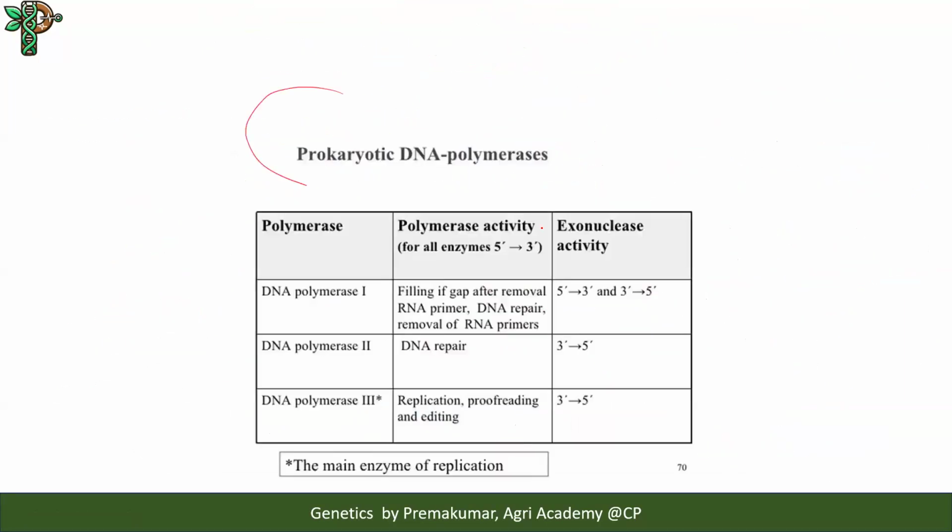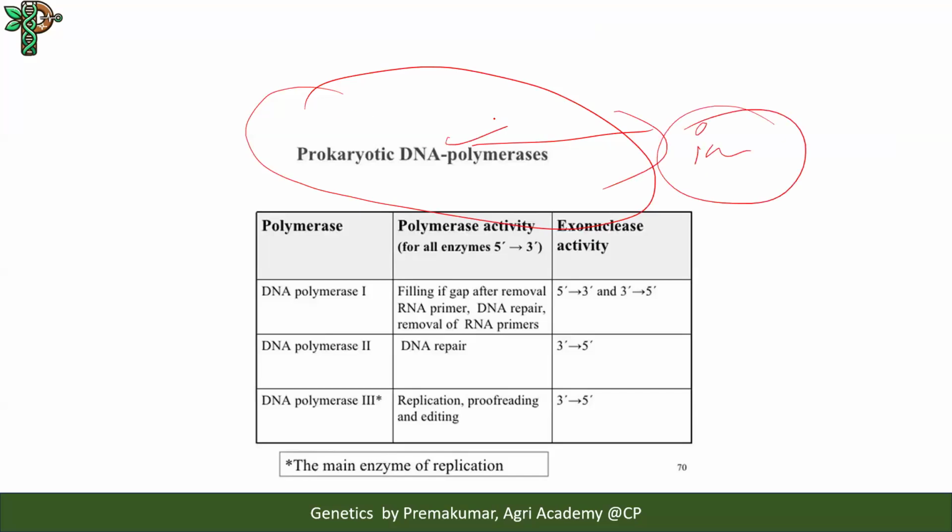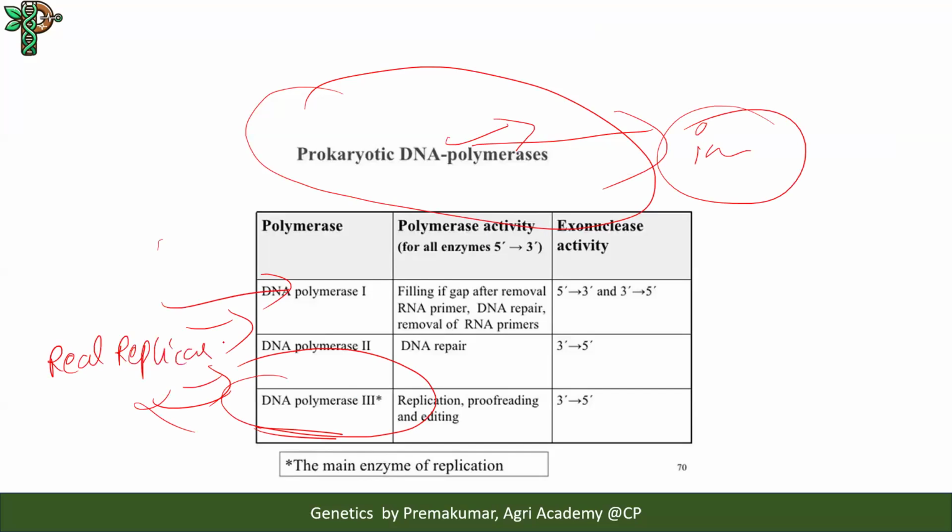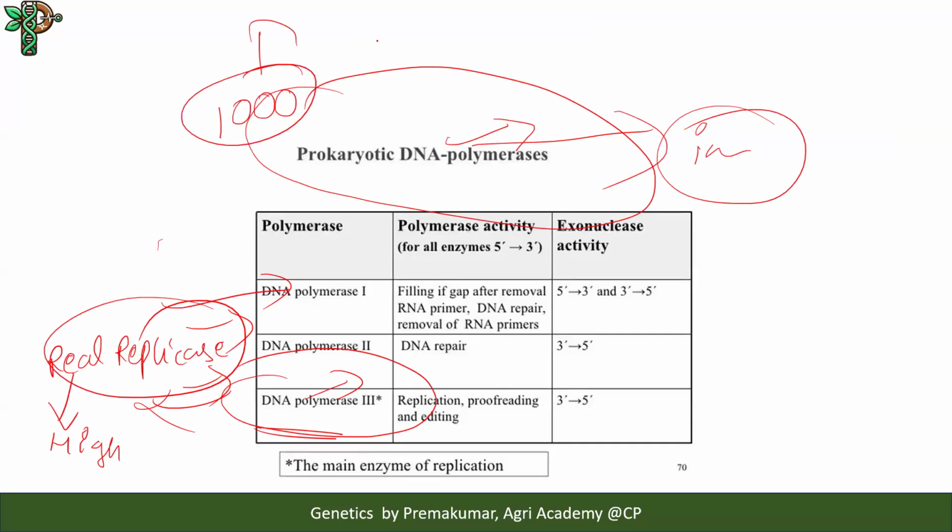Then the main enzymes that are important for DNA replication are DNA polymerases. There are different types of polymerases. One type is DNA polymerase 3. It is called the real replicase enzyme. Why is it a real replicase enzyme? Because it has high processivity. It will synthesize 1000 nucleotides per minute, I think per second or per minute, please go through that. It means the efficiency of adding nucleotides and forming new DNA is very, very